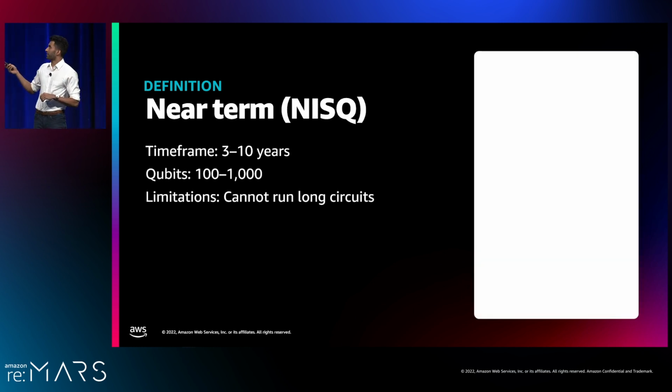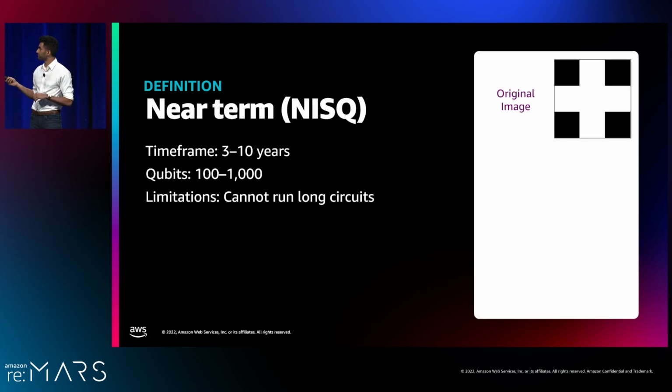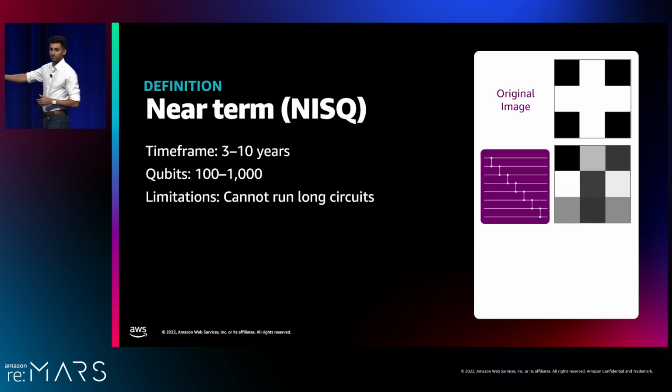So now I'll explain noise. If I want to load an image onto a quantum computer, I can do this a few different ways. I can run a circuit that's very naive, that looks like this. That's just a diagonal line of 2-qubit gates, and it doesn't use the resources efficiently. So clearly, you can see what we get out is pretty garbage.